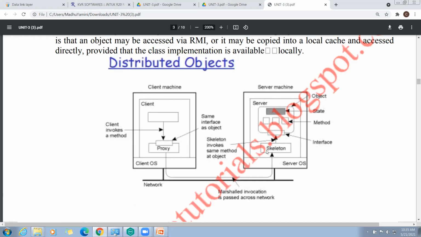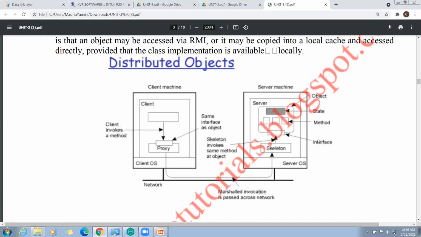These two, the client machine and the server machine, are connected in a network. The client wants to access the object in the server machine by invoking a method. Here it is a proxy, with the same interface as the object, and here these are the methods.